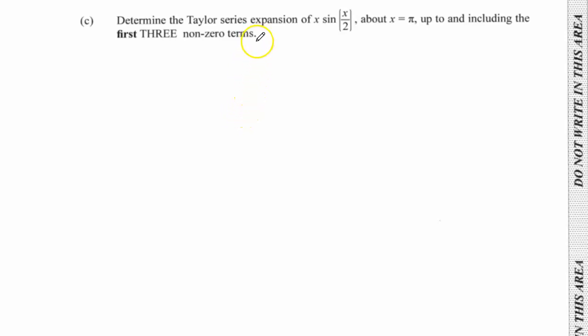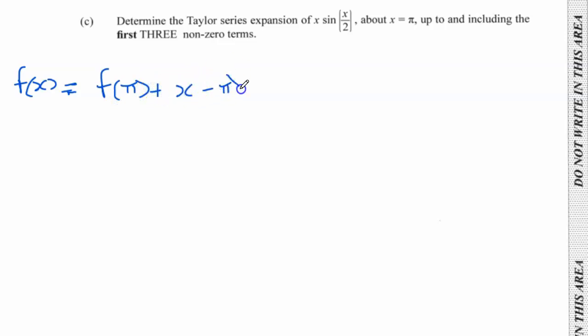Determine the Taylor series expansion of x sine x over 2 about x equal pi, the equivalent of 180 degrees, up to and including the first three non-zero terms. So let's write out the formula for the Taylor series. f of x equal to, and of course, we're using a equal to pi. So it would be f of pi plus x minus pi times f prime pi